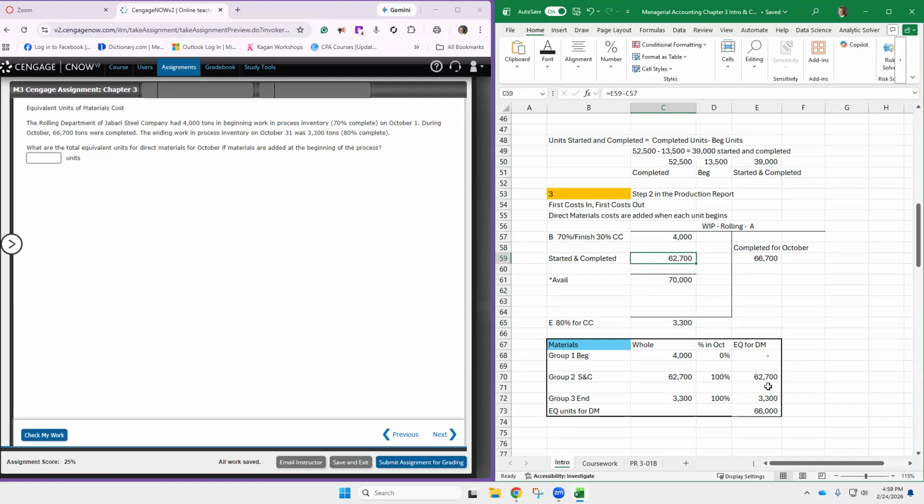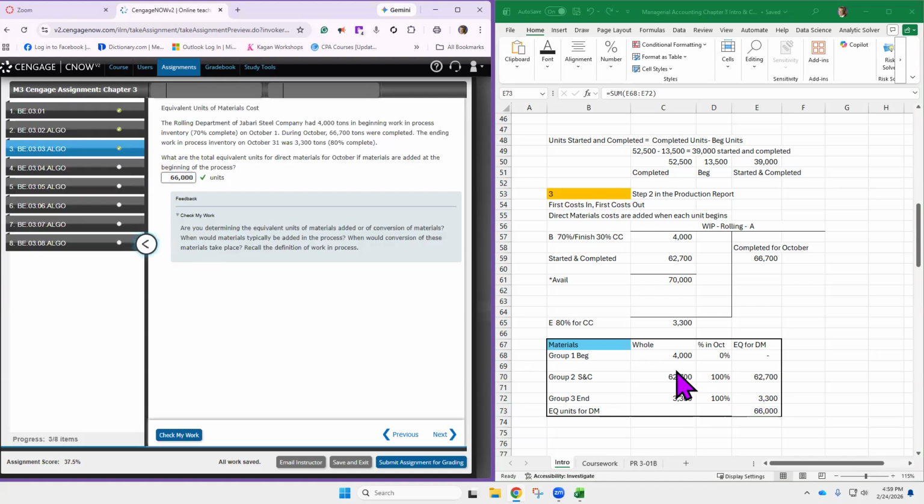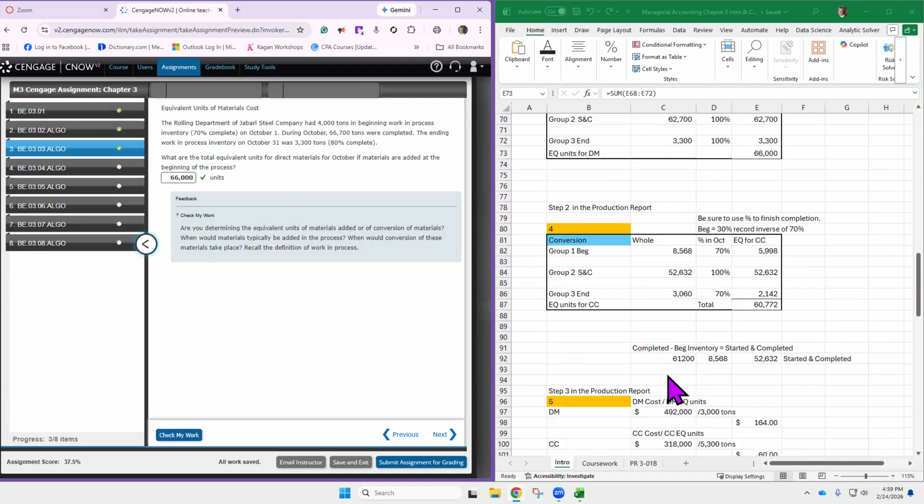So now it's 62,700 for direct materials, and then ending materials. All of the units are there for direct materials, so it's just 3,300, and then we add together the started and completed and the ending inventory units, and we get 66,000 units. Okay. So some of this you might have to just learn to use a table and try to make sure that